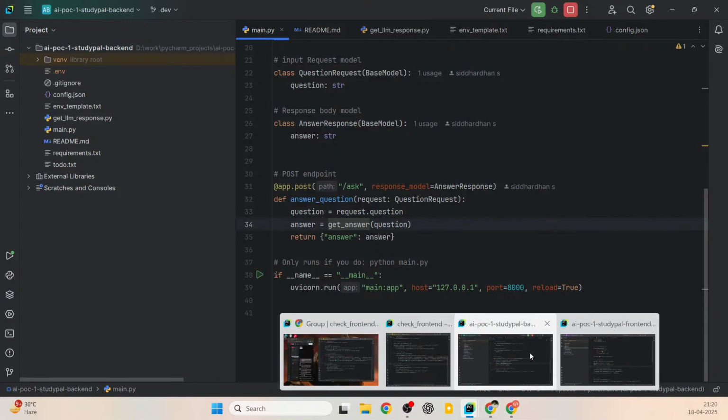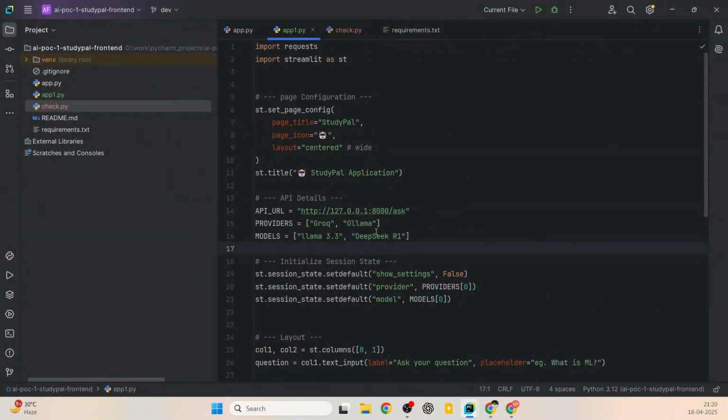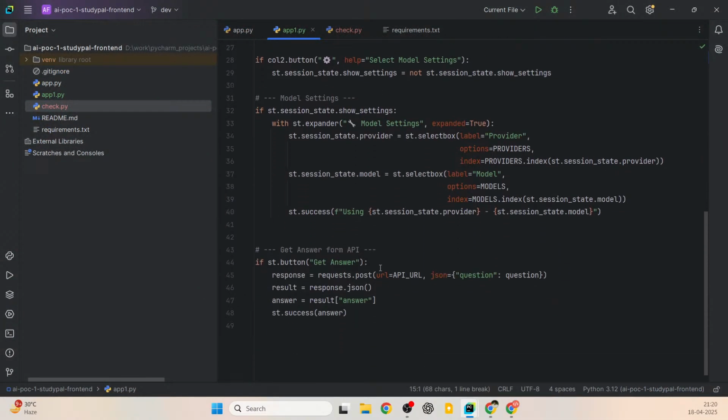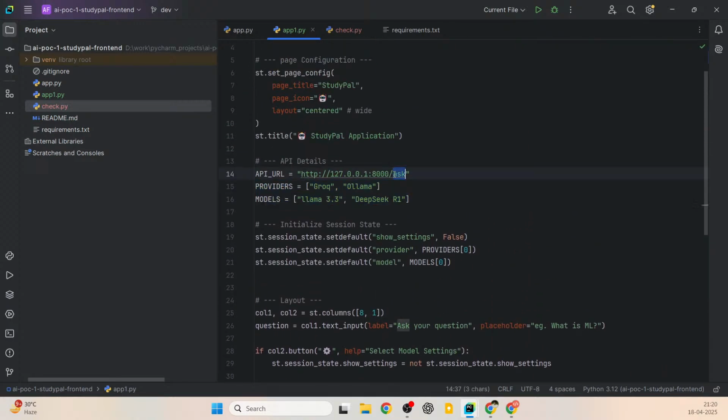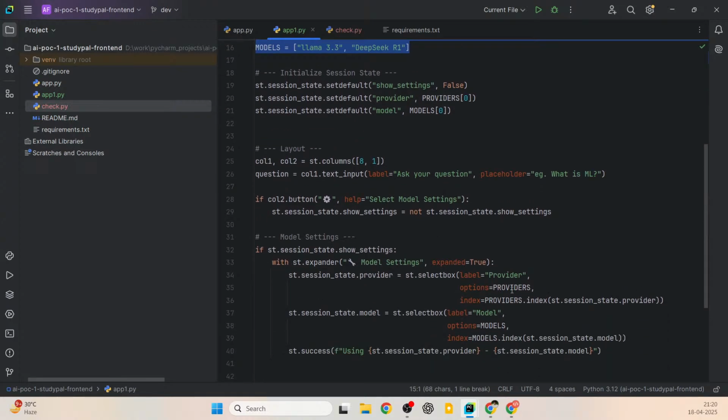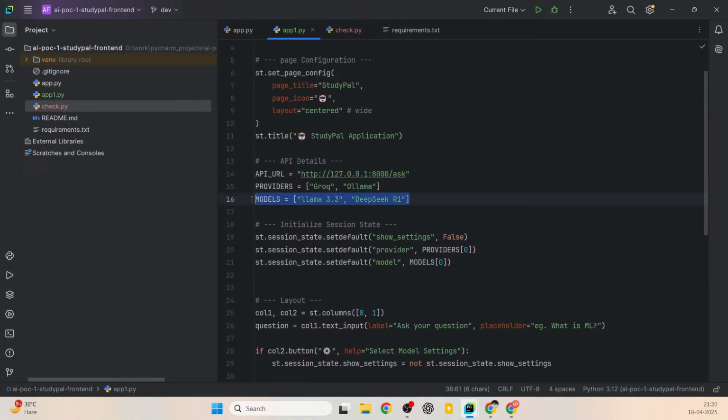So I think get is sufficient. Instead of having this list here, we would call this API just like calling this ask API, the one that you're seeing here. We would create another endpoint, call that and get these two lists, and then that would be passed on to this options thing. You would see the actual providers and the actual models that you have,